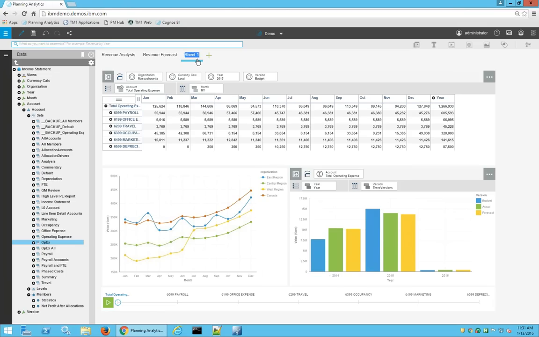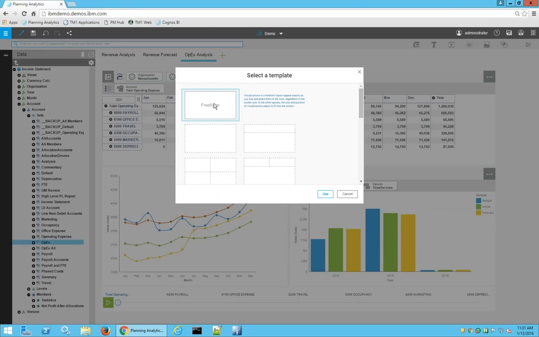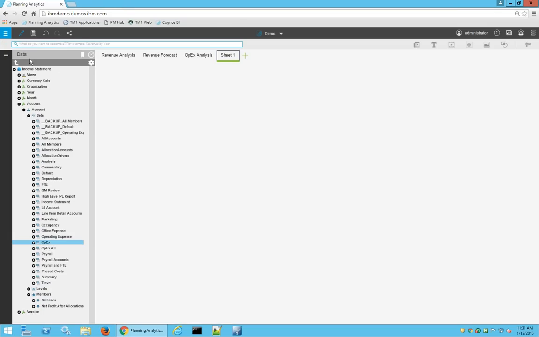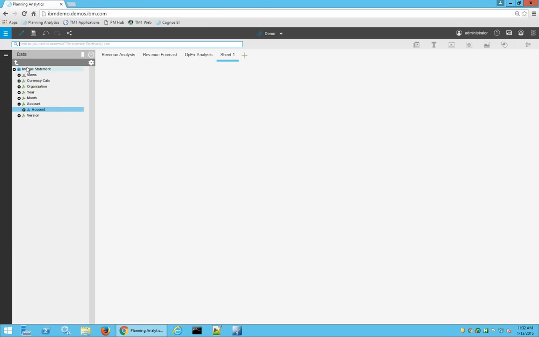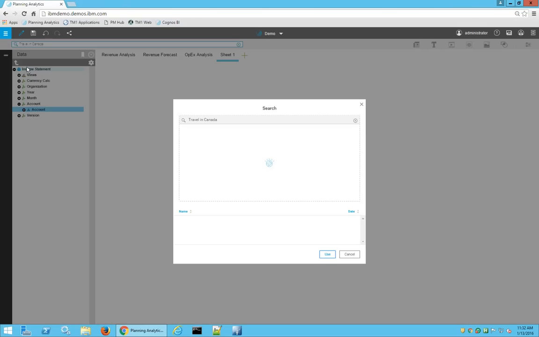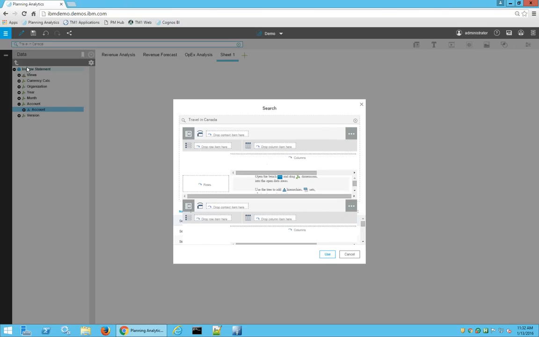And then, of course, I can rename it and call this my OpEx analysis. And then I'll go ahead and do a new tab again. Now, one of the things that we also provide are searches within Planning Analytics. So instead of having to go in through all your subsets and all your cubes, what if you could just say, well, I want to search for travel in Canada. I simply type in search for travel in Canada, and what it's going to do is it's going to